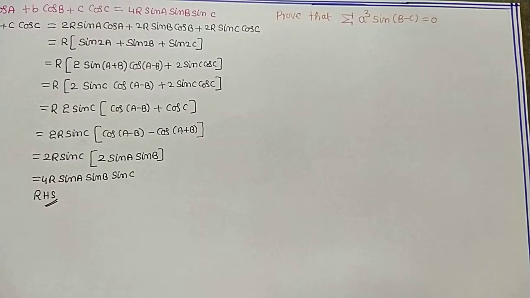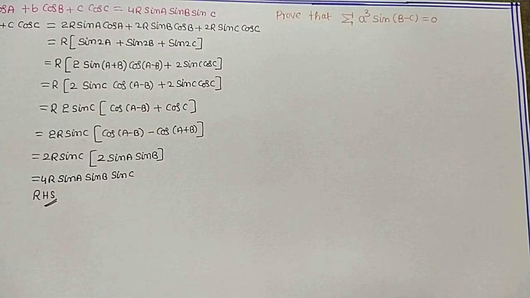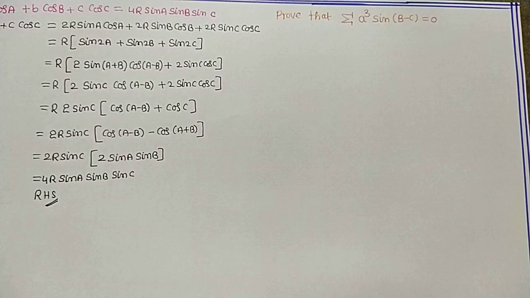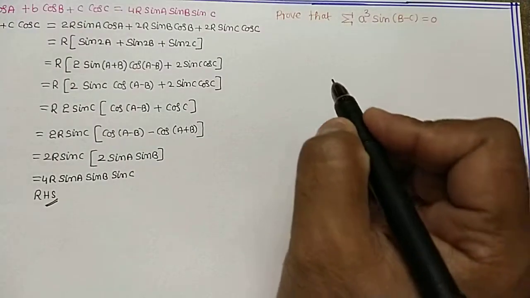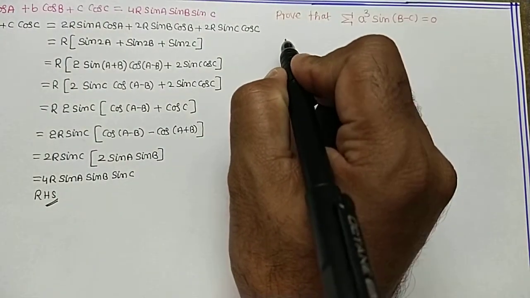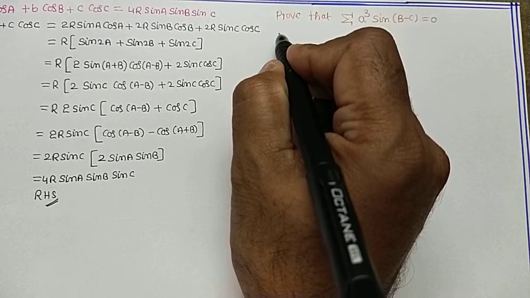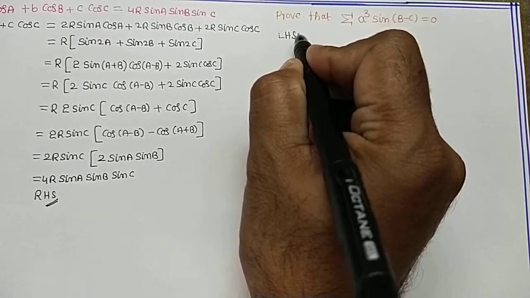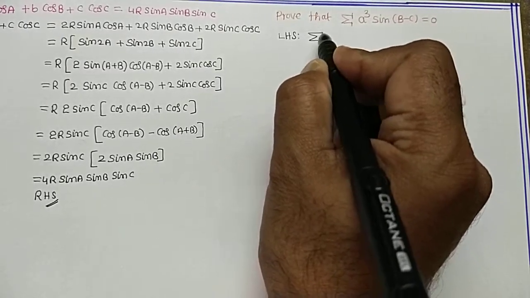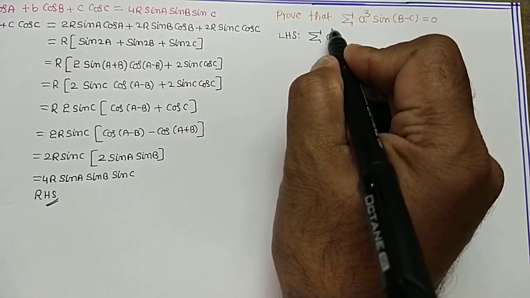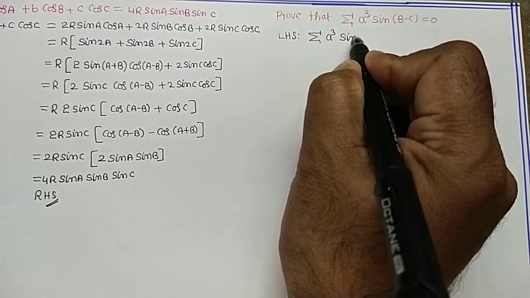Prove that sigma a cube into sine of b minus c equal to 0. So how to do that? Now consider LHS. Summation or sigma a cube into sine of b minus c,